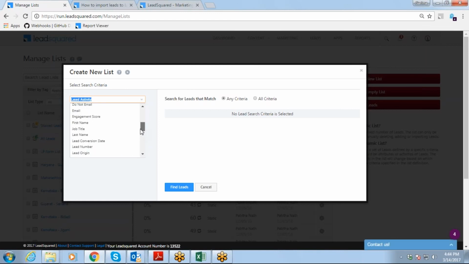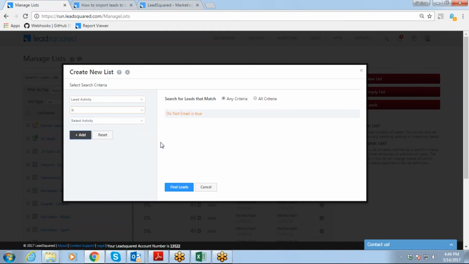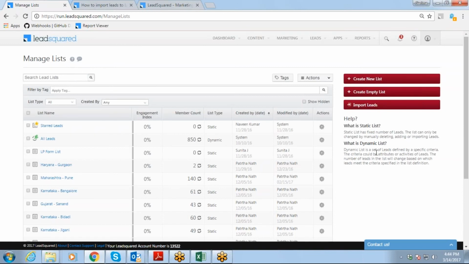The system is a bit slow. So this is the email field, I'll select this. Email is true means email is valid, email is false means email is not defined. So I'll select email is true and add. It will be sent to all those who have a valid email ID, right? Fine, for bulk. So this is the thing, and you can add this, make a static or dynamic list accordingly and make use of it.